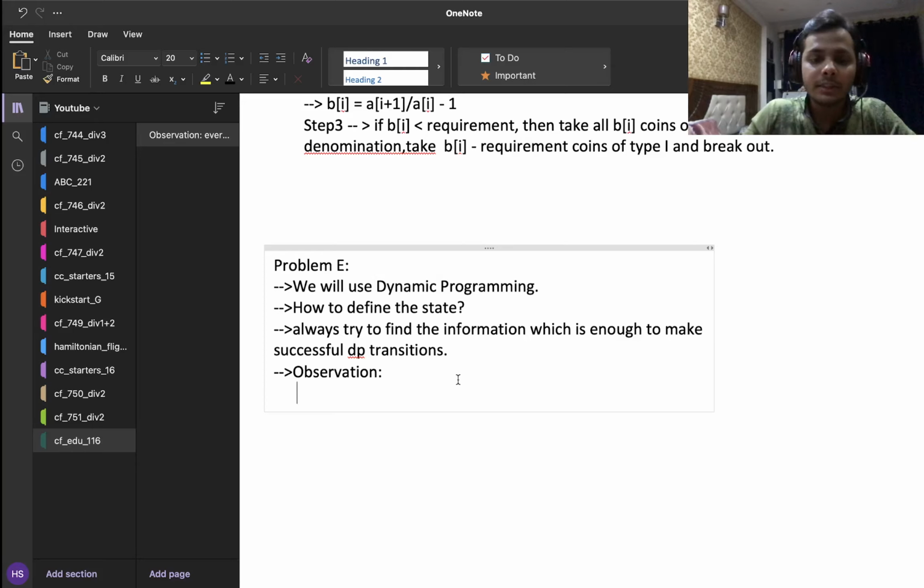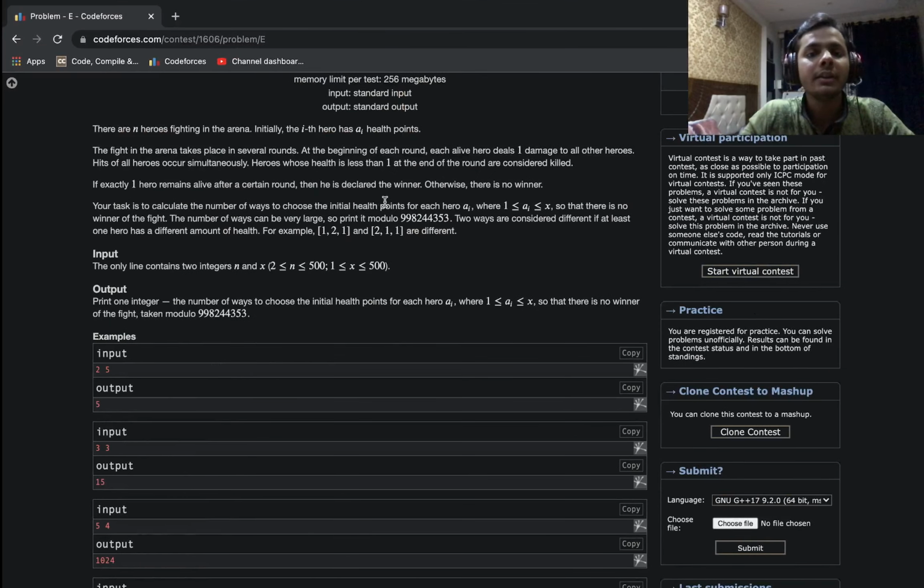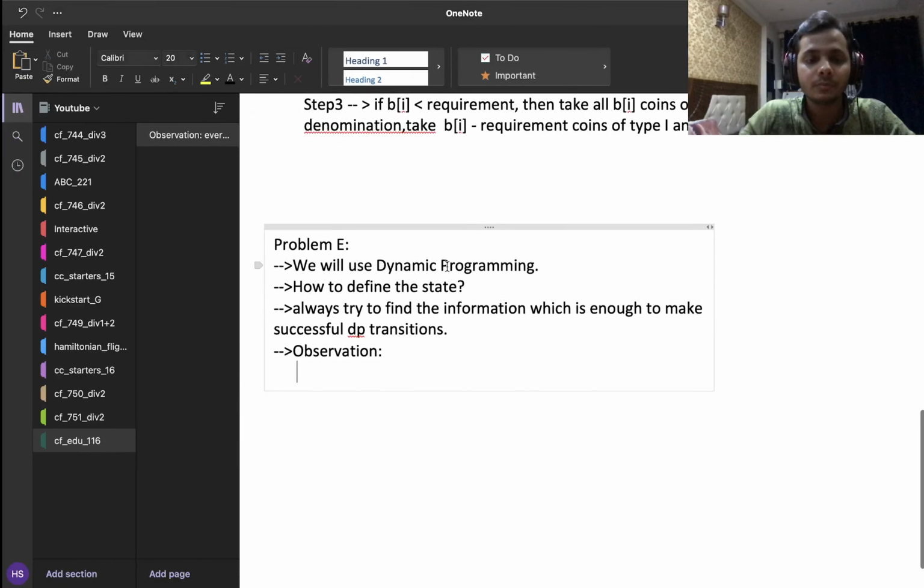That just means that in the first round, every hero will have to experience a damage of n minus 1 points, right? Because every person is inflicting a damage of 1 to all the other heroes, and there are n heroes. So every person will experience a damage from all the other n minus 1 heroes. That means all the heroes will experience a damage of n minus 1 health points.